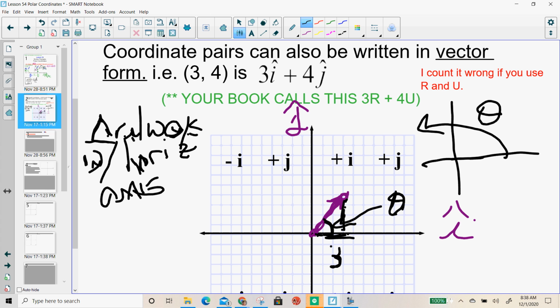We went 3 along this side, right? And then we went 4 up on this side. So for that angle that I labeled theta, I know my opposite side is 4 and my adjacent side is 3. And I know a trig ratio for that. I know that that means the tangent